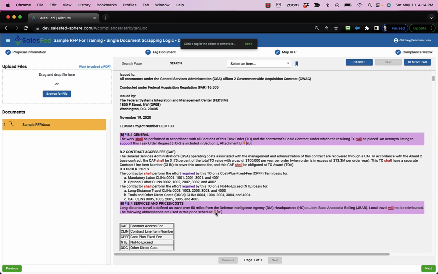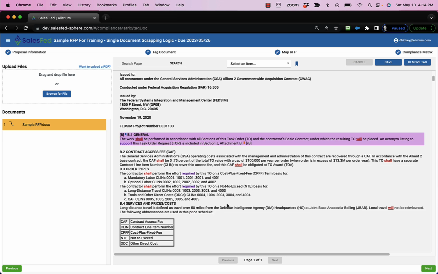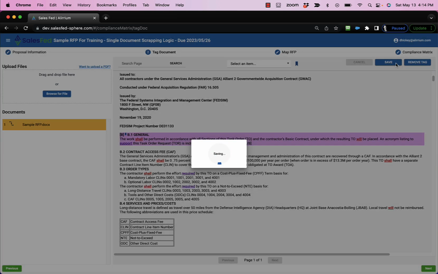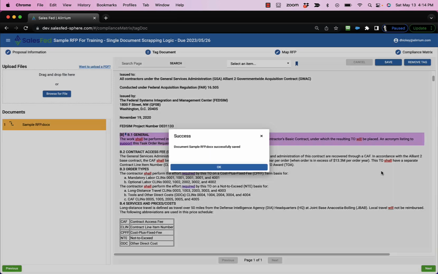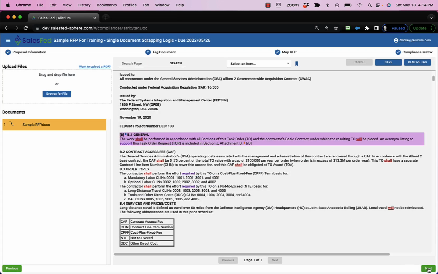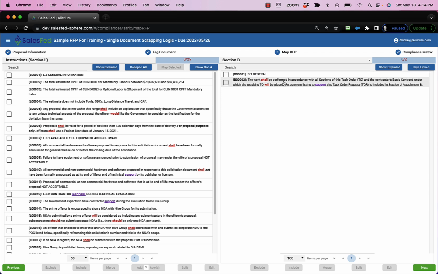Since that dependency has been removed, it will allow me to remove the tag. I can then hit save. And I can once again see that now it has been scraped, and it only includes that one section that has been tagged. So that walks you through the tagging process and how it links to the scraping of information